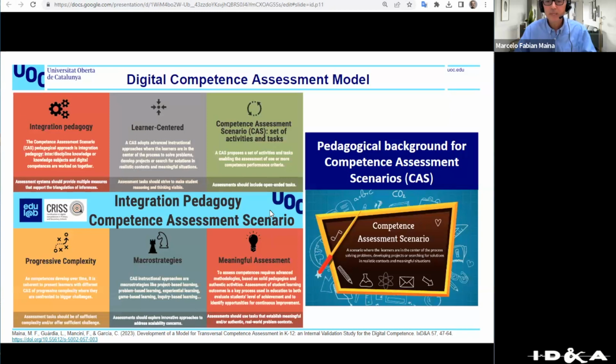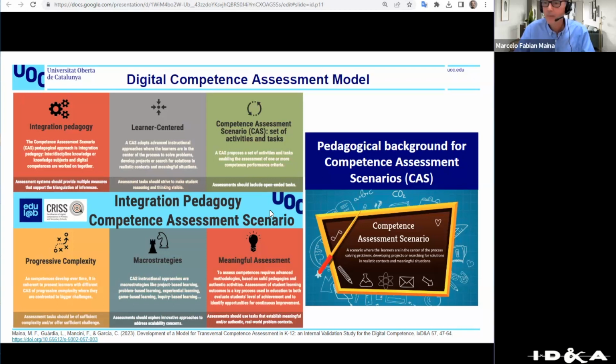What we did first of all, as in any design-based research approach, is to review the literature. And then we reviewed the literature with the intention of developing a theoretically founded model. And for doing so, I will just mention two or three main sources of inspiration for the development of this model. Then the integration pedagogy, that's Roegiers' approach to competence-based learning in school, that is fostered also by UNESCO. But we also explored different ways of developing and assessing transversal competencies or generic competencies, and